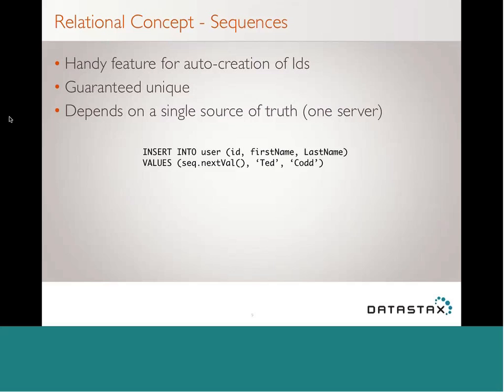So whenever you create a table and it has an ID, which is an int or a long, and you just want to increment every time you add a record, you want to give it a new number, just one number. I put in a little, this is actually SQL, and every time I insert this person, Ted Cod, in here, I want to grab whatever the next value is. Now, that sequence I've created beforehand,